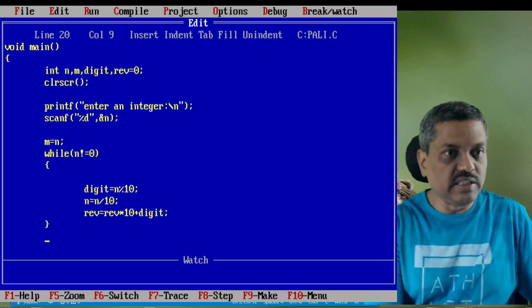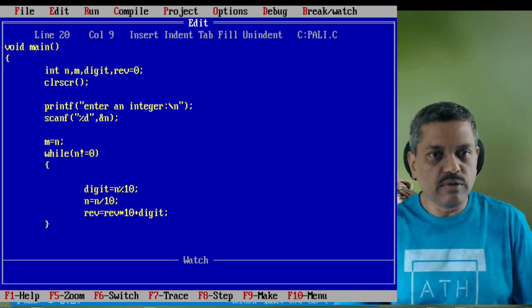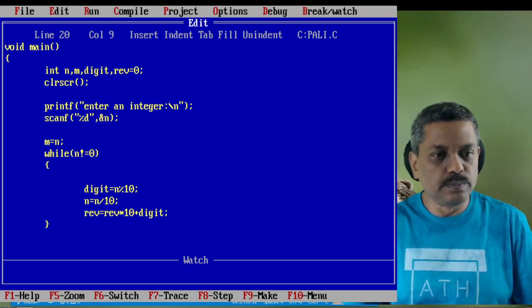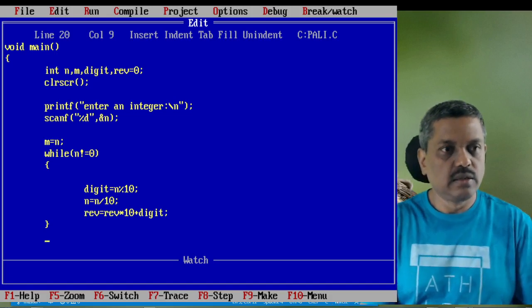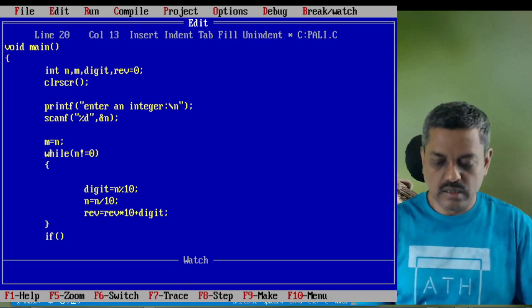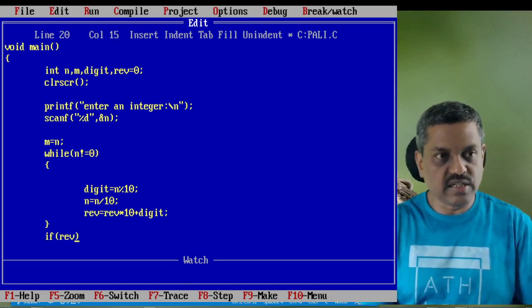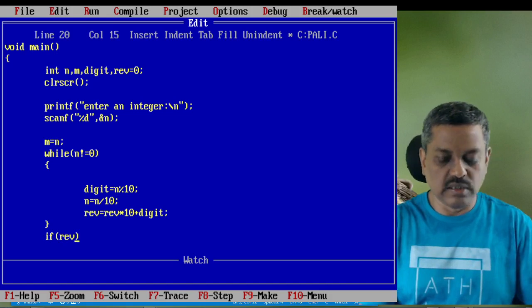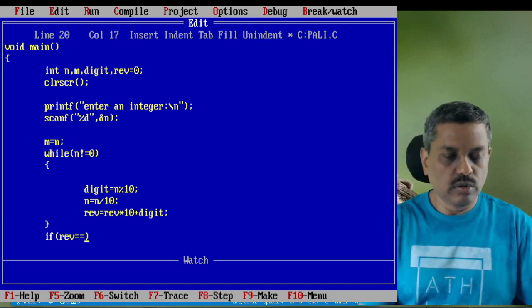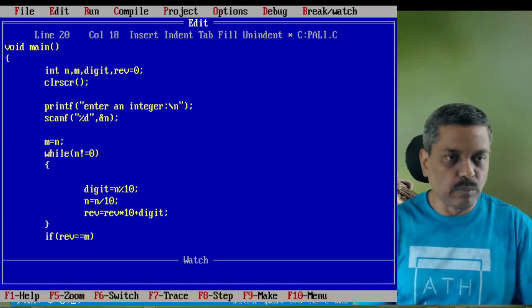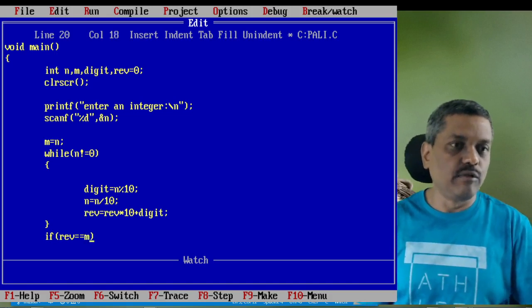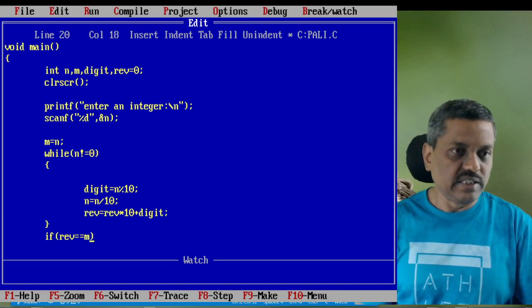So just save this, and then what we need to do is check after extracting. For that, you know that an if condition has to be used. Whatever we extract, which is stored in the reverse variable, is it equal to the saved variable, that is m? Because n will not have any value, as it contains 0.